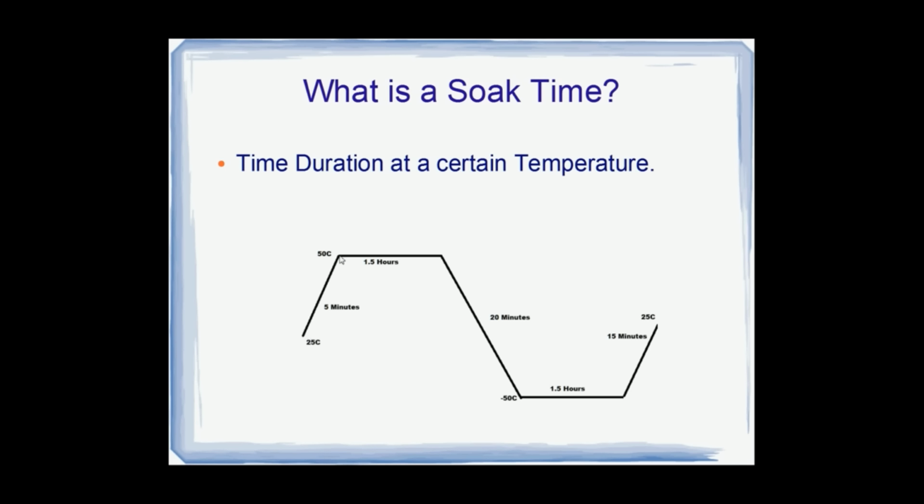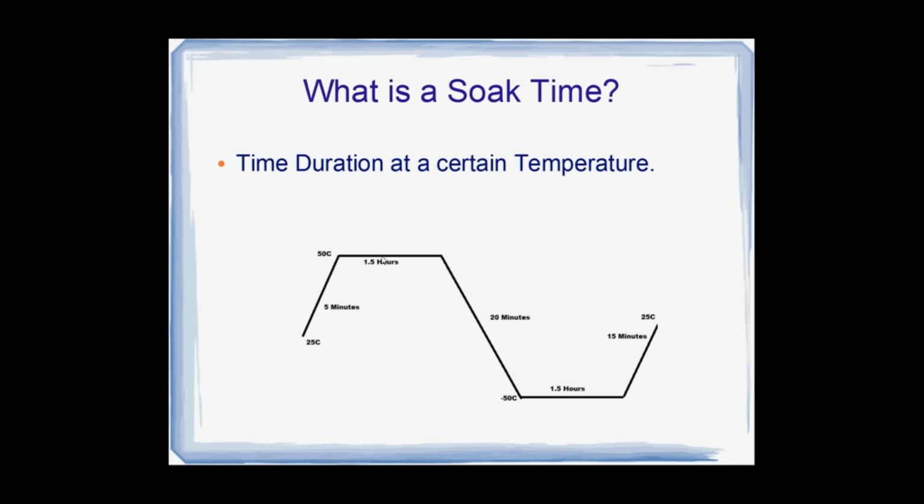Here is your slope, which is your ramp. And this ramp should occur per the spec in 5 minutes. So you have a temperature transition from 25 degrees C to 50 degrees C in 5 minutes. Now, if we perform that simple division formula that we looked at previously, you would find your 25 degree transition divided by your 5-minute ramp, which would give you 5 degrees per minute. So you would program into your test controller a ramp rate of 5 degrees per minute in order to satisfy this ramp criteria. And here you have